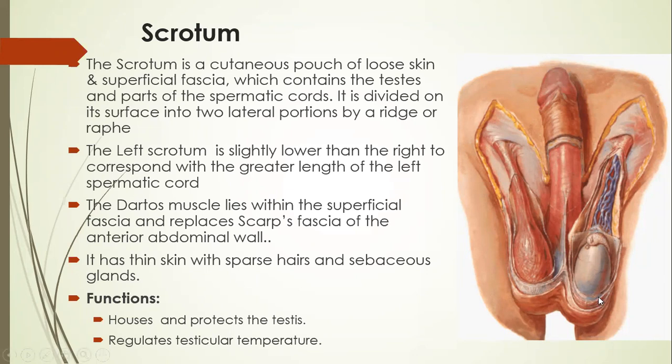If it is exposed to too much cold temperature outside, then this dartos muscle will pull the testis upwards and it increases the temperature. So it helps in the regulation, increasing and decreasing the temperature. That's why the scrotum is very important, which will house the testis outside the body within this bag called the scrotum. So did you get the point? Any difficulties here? Okay, then we'll go further.